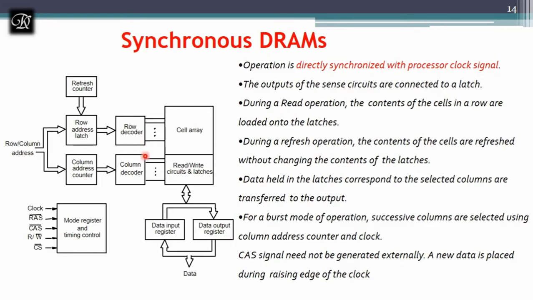It is going to have an additional signal compared to the previous discussion, which is the clock. We are going to have a clock from the processor. Directly the processor is going to control the clock of the memory. And we have a row address strobe and column address strobe, which are going to select the respective row and respective column. Then we have read/write control signals, which are going to tell whether the operation is read or write. And chip select is going to tell which individual chip we are going to select out of the cell array. And for the data lines here, they have given them generally, they have not specified any configuration. This is a general diagram of how a synchronous DRAM looks.